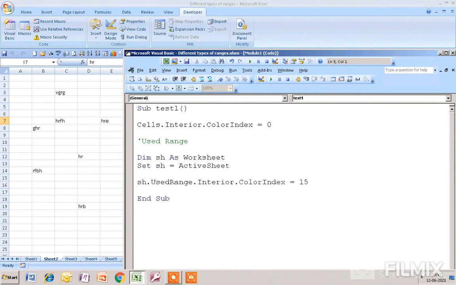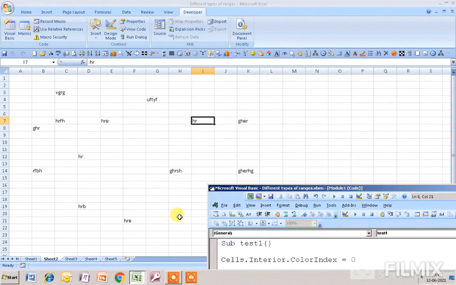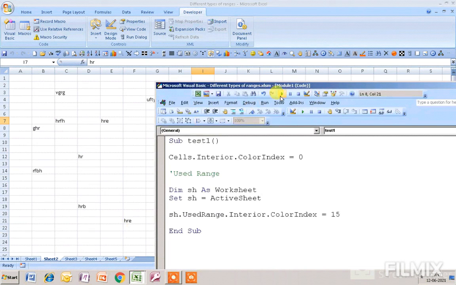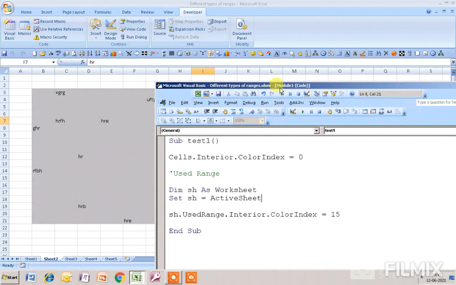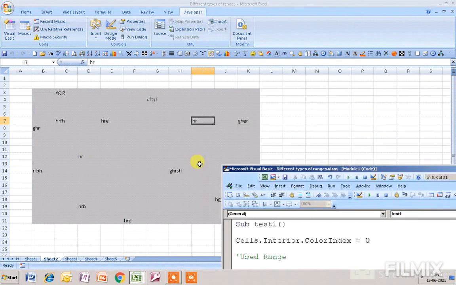Now if I run the macro for this active sheet, the active sheet is now sheet 2, and if I run the macro, then you will see that it will work only for the used range, the range that I have used. So I run the macro, and you can see the changes in these particular cells only.